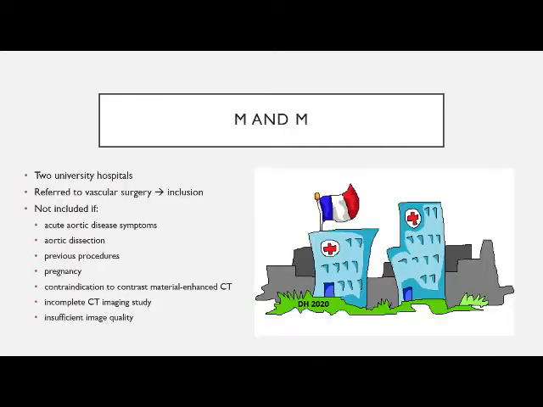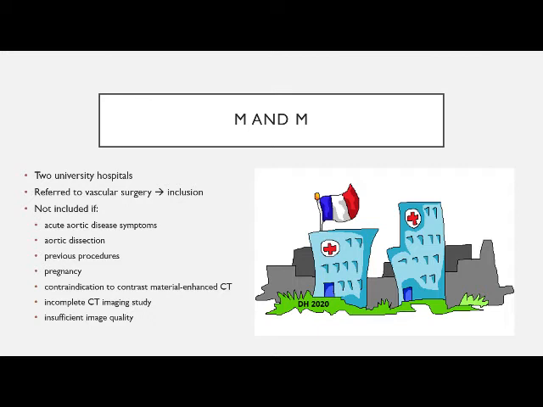So, just to talk a bit about the materials and methods, this was done in 2 university hospitals in France, and all those who were referred for vascular surgery were included. Some of the characteristics of the patients that would exclude them from this study were, for example, having an acute aortic disease symptom